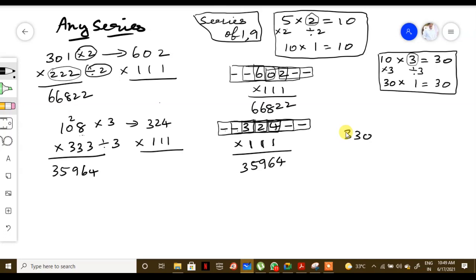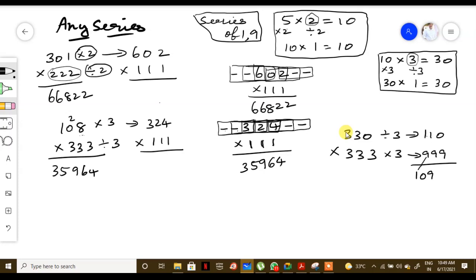Is 330 into 333. So whether we can make it as a series of 1 or make it as a series of 9. Okay. So here we go with, we divide this first term by 3. What do we get as the answer? It is 110. So now the next term we multiply by 3, so that we get 999. Okay. Now we go with the series 9 option here. Series 9 we will be dealing with 110. So 110 means let us subtract 1. So it is 109.